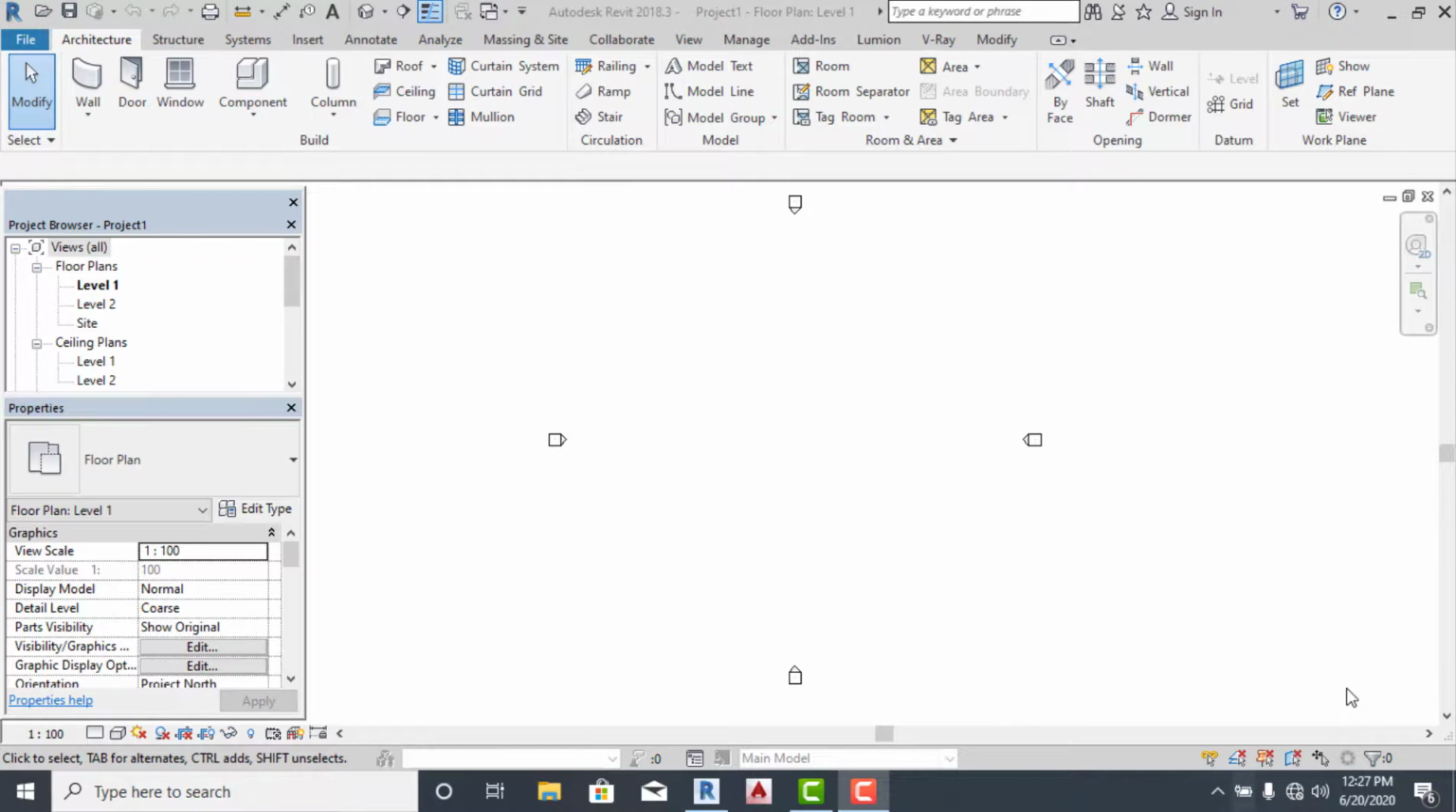In this edition of our tutorial, I'll be showing you guys how to model a Spanish tie and how to